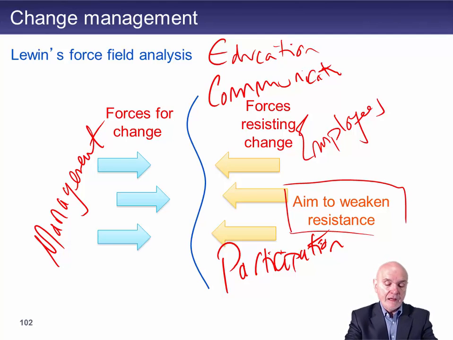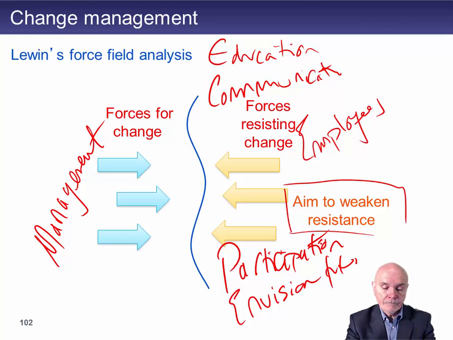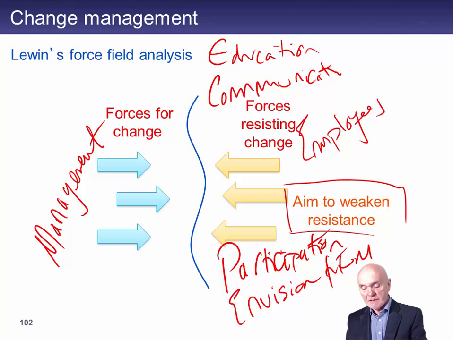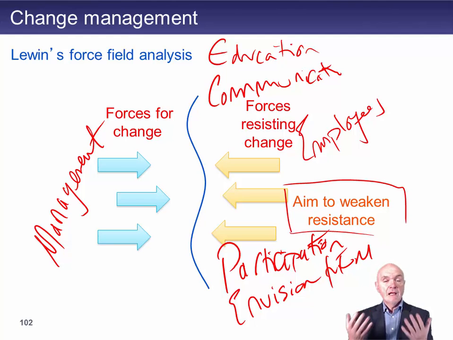And finally, then, I will say envision the future. So what you can say maybe to people is, look, we're going to have a really tough 3 months. In this 3 months, we're going to make 10 people redundant, and we know you're going to be saying goodbye to friends, and we know there's a lot of tension before we decide who's going to be made redundant. And then we're going to bring in the new computer system, and there's going to be a process where you have to learn how to work that computer system, and it won't be very efficient at the start.